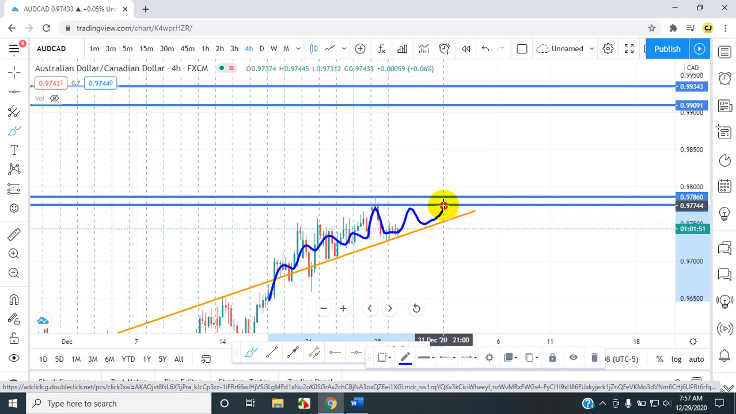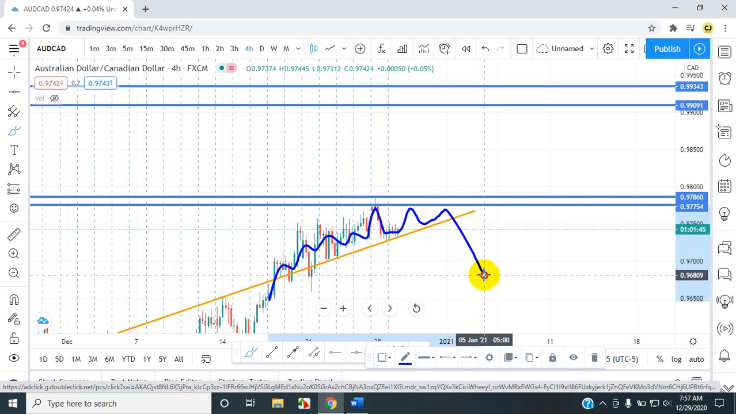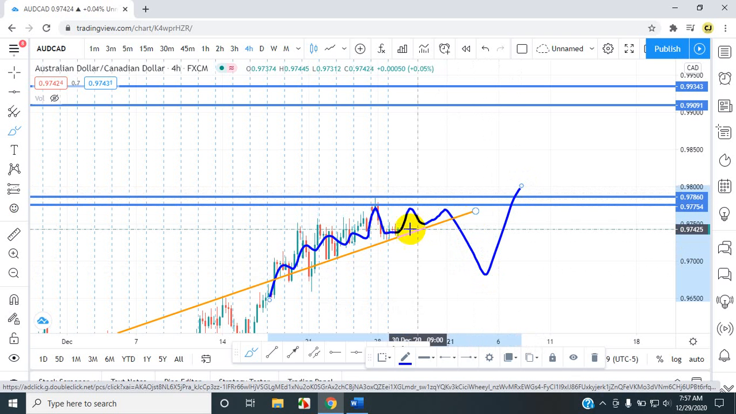And if it keeps on trying and doesn't break, what the market is going to do is go down, retest something up there, down there further, to come right back up later on. So if we catch that breakout,